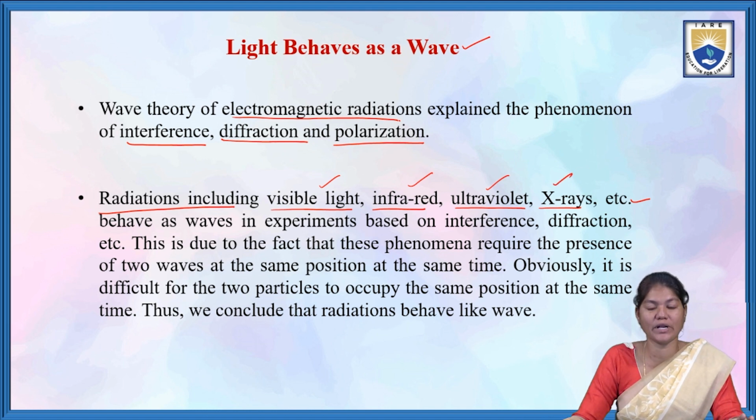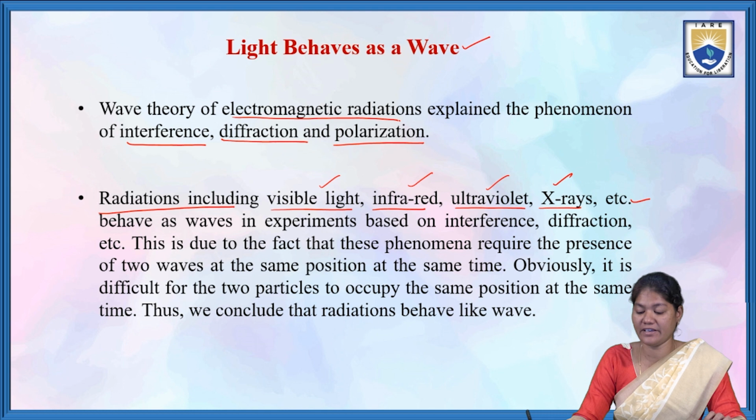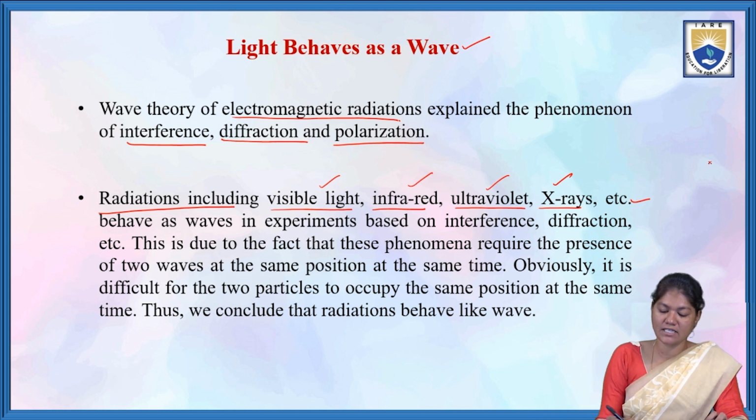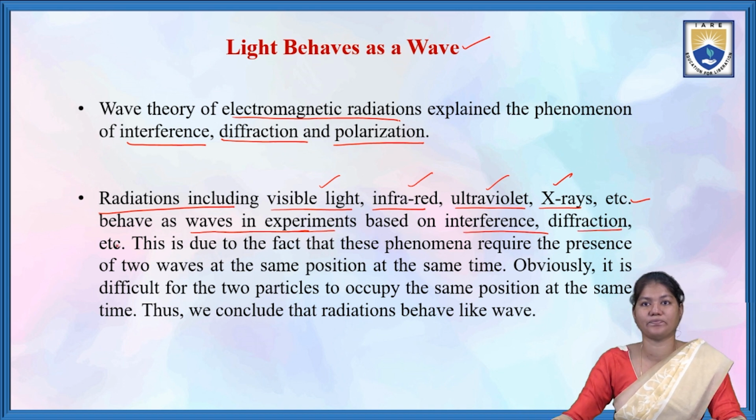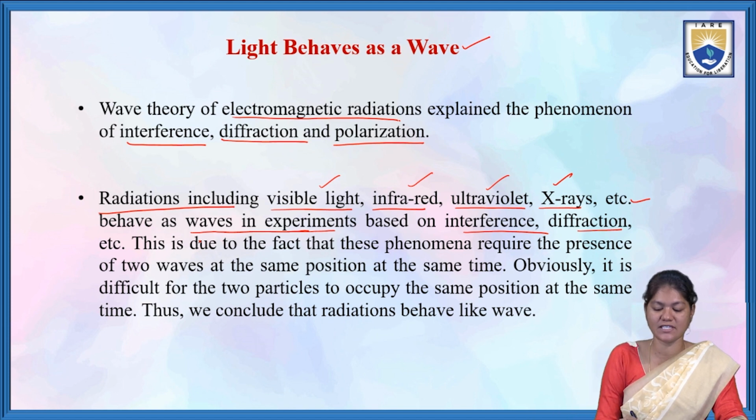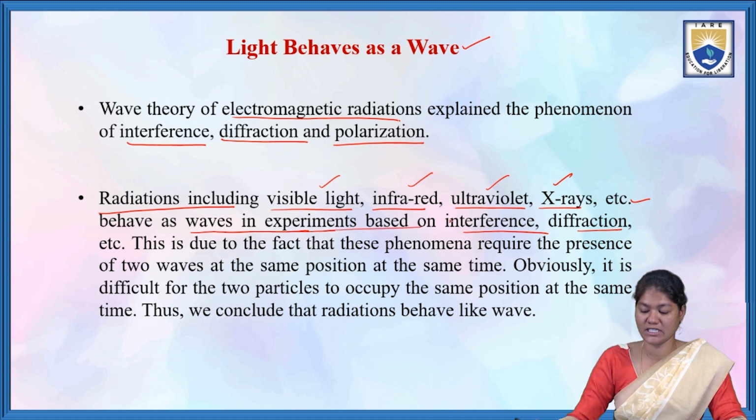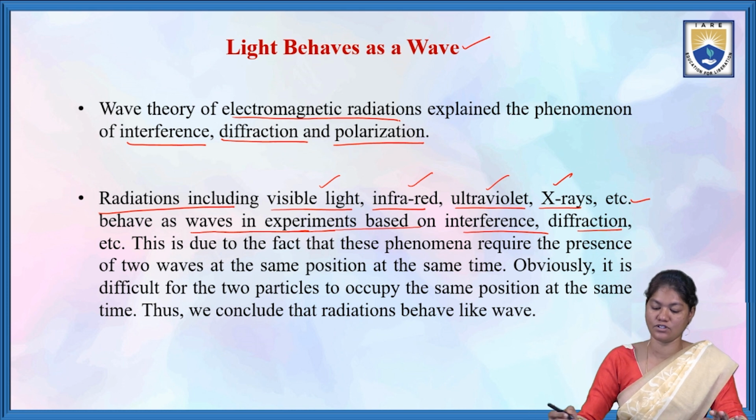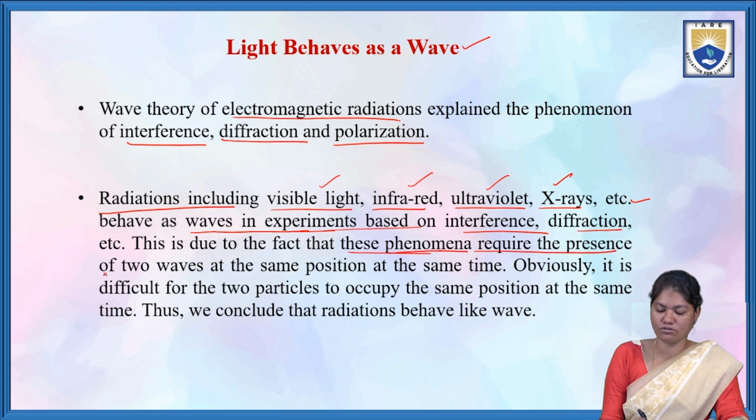Radiations including visible light, infrared, ultraviolet, and X-rays behave as waves in experiments based on interference, diffraction, etc. This is due to the fact that these phenomena require the presence of two waves